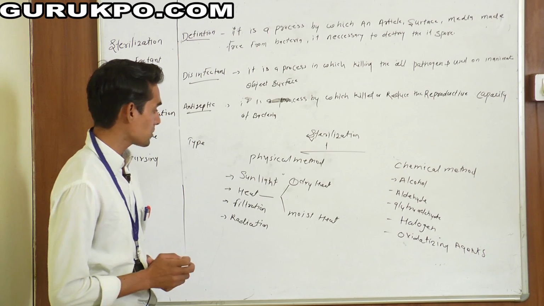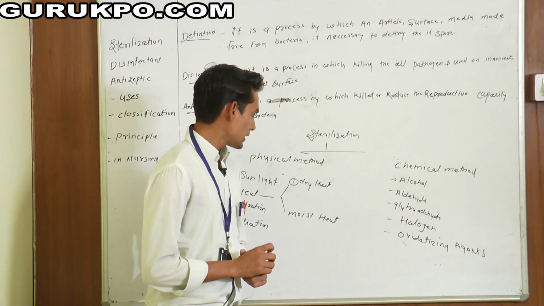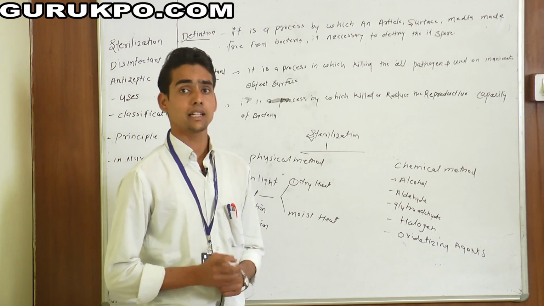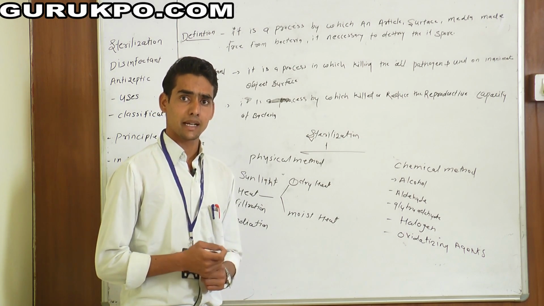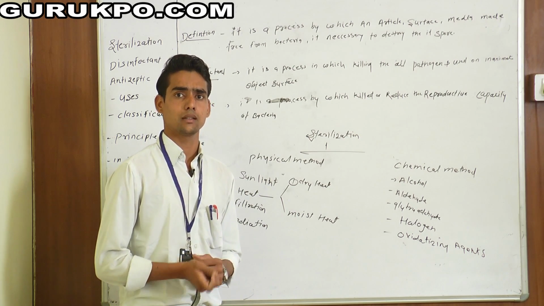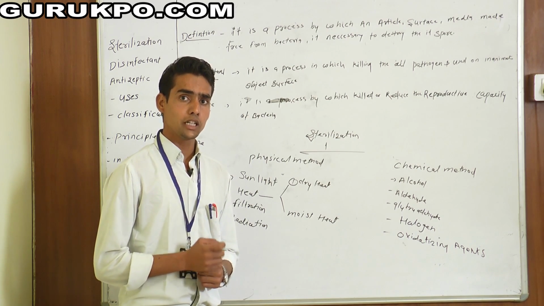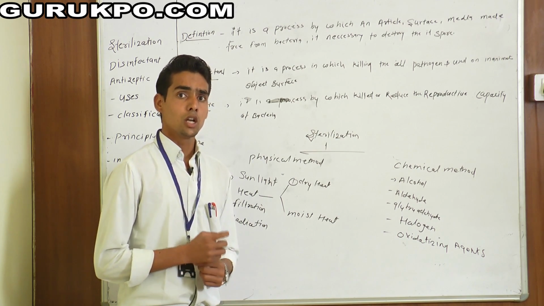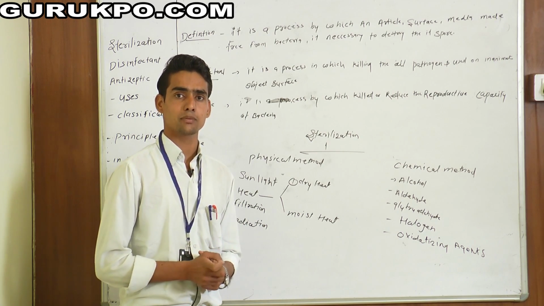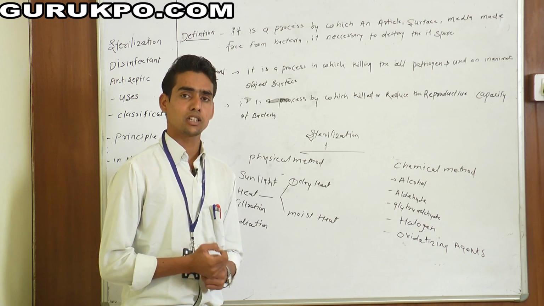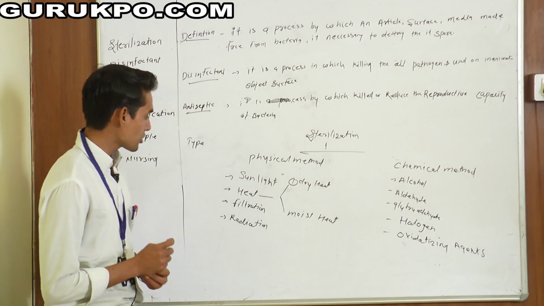Two types of heat are used in hospitals: dry heat and moist heat. Dry heat works on the principle that when it comes in contact with the bacterial capsule it causes coagulation and destroys the bacteria. Moist heat is the most widely used method of sterilization. At high temperature, when moist heat comes in contact with the bacterial capsule, it destroys the bacteria by denaturation of the bacterial capsule. And the third method is filtration.